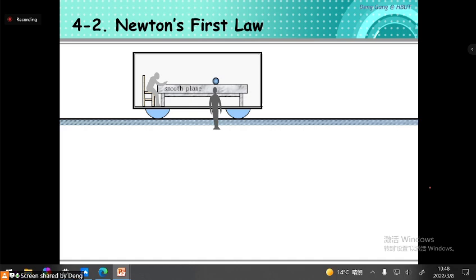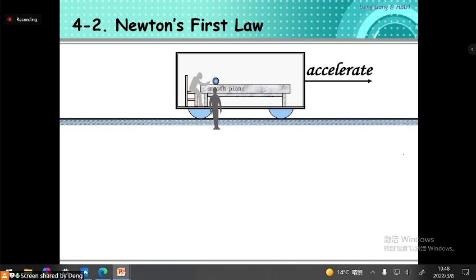Two guys, one is on the ground, and the other is, for example, on a train like this. And we can assume that this surface is a smooth surface without friction. If we assume that, let's see what will happen when